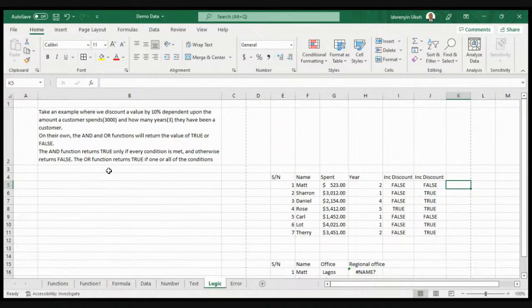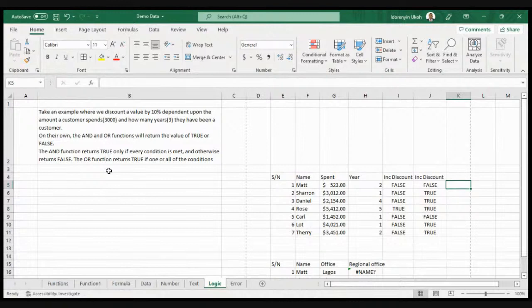For logical data, we have an example here. Take an example where we have a discount value of 10% dependent upon the amount a customer spends. For example, we're looking at 3,000 and how many years that particular customer has been with that store. So we want to use the logical functions AND and OR. They return either true or false depending on the data given.